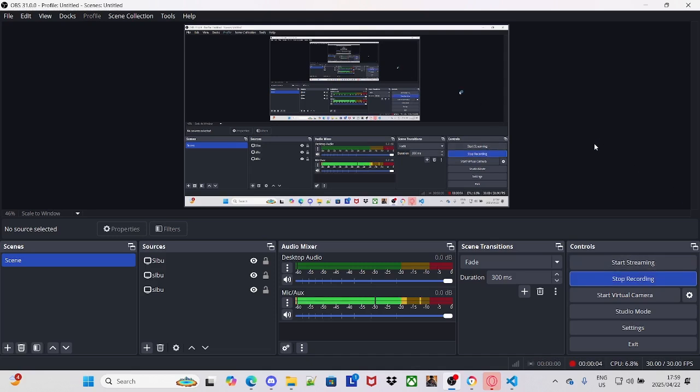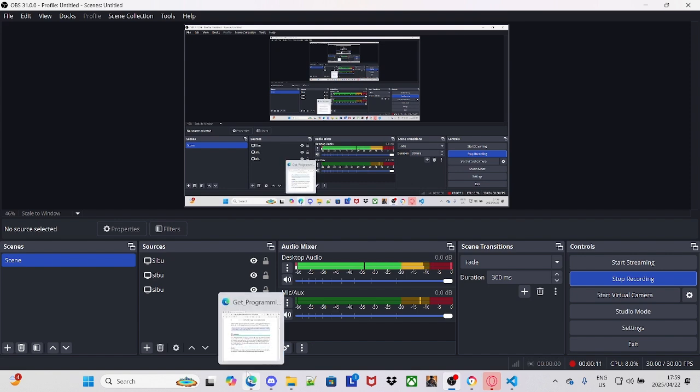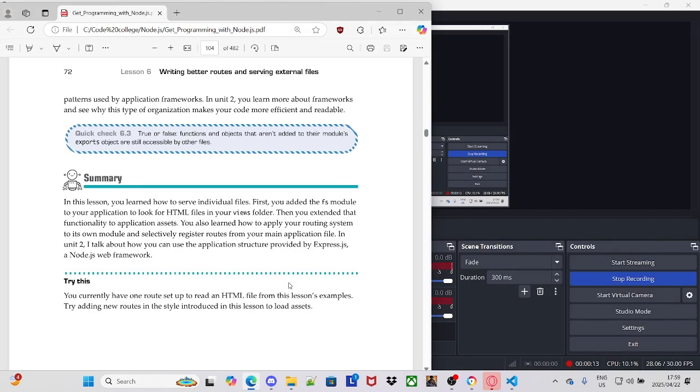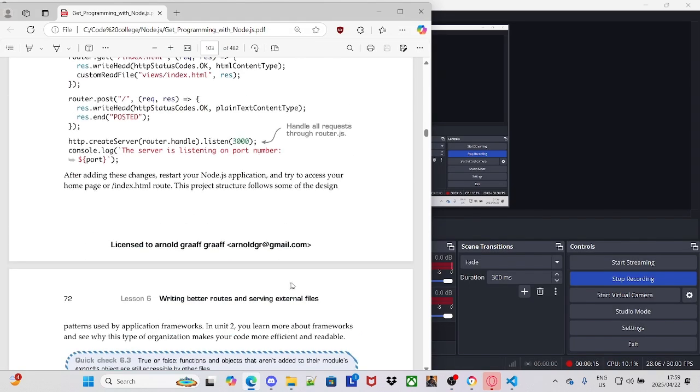I'm the driver of this session and I'm with my navigator. Please introduce yourself. Hello, Sibu. This is Lindo. I'll be the navigator. Okay,